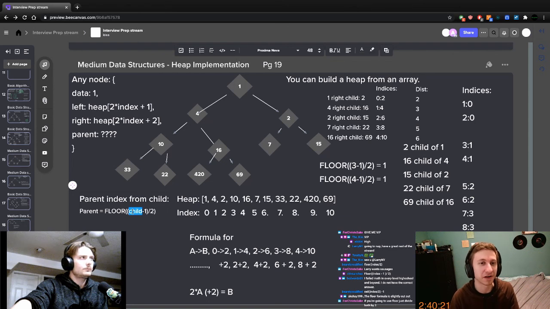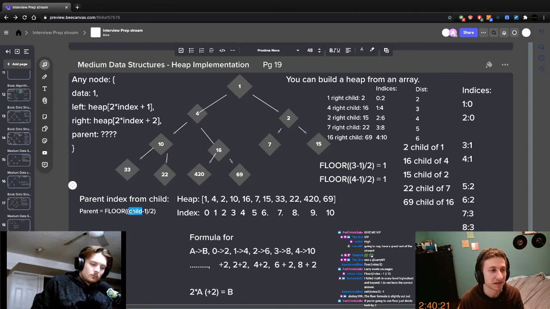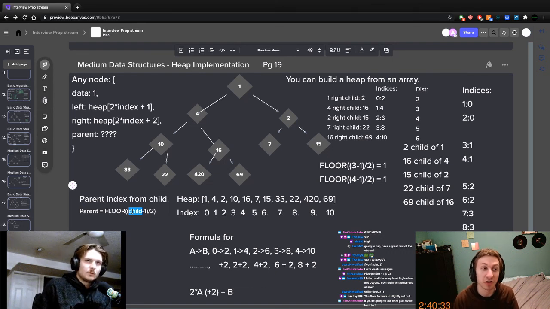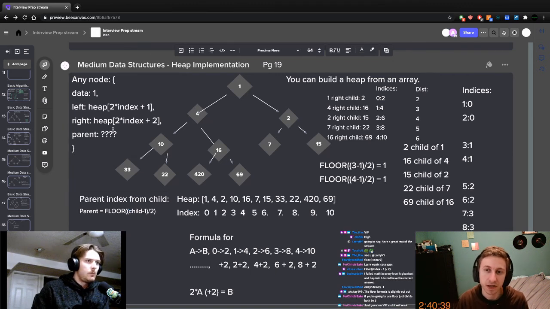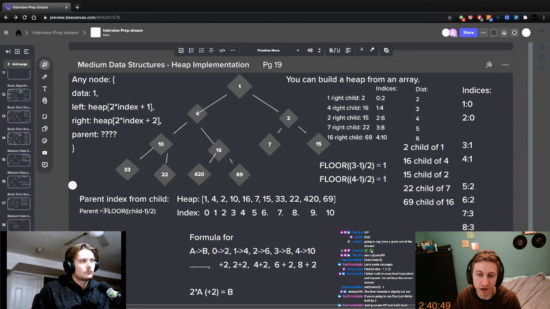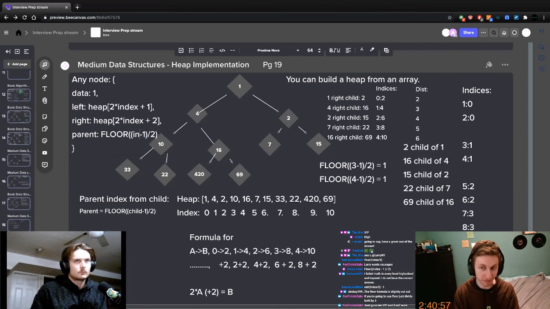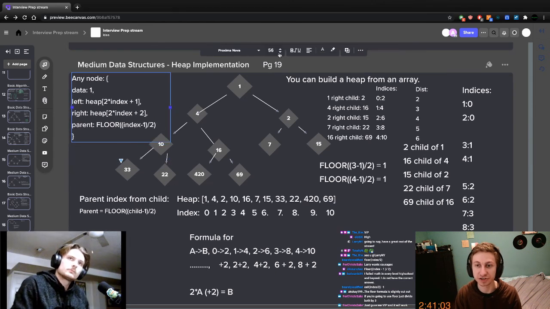Here's the thing about parent. Who's searching for their parent, right? Who am I when I'm asking who my parent is? I have to be a child. You'd have to be a new node added. Okay. Right, so sorry. Can't you be a new node added in as well? Yeah, so here's the thing, right? When I say my right child is 2 times index, that's my index. And so when I say the parent is the floor of the child index minus 1, well, I'm the child. It's my parent. So this is just floor of my index. Right? And just like that,